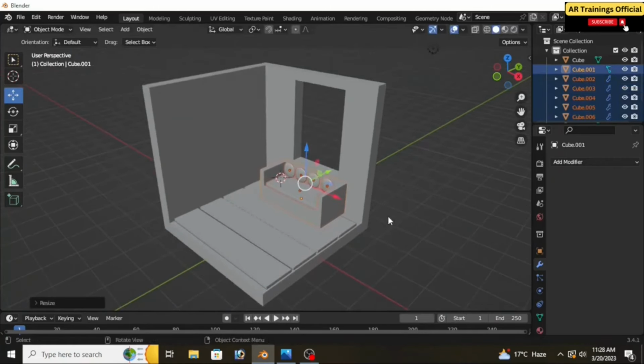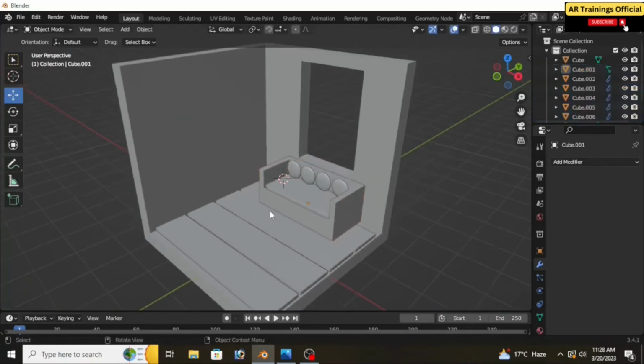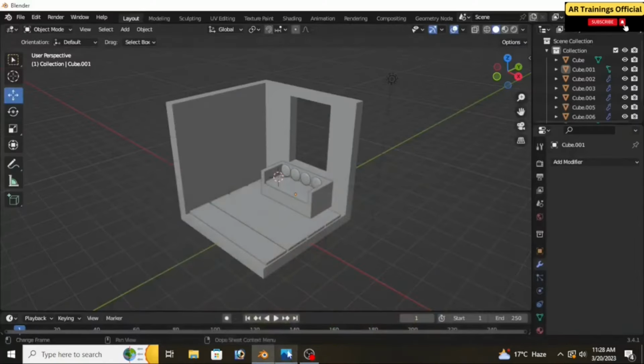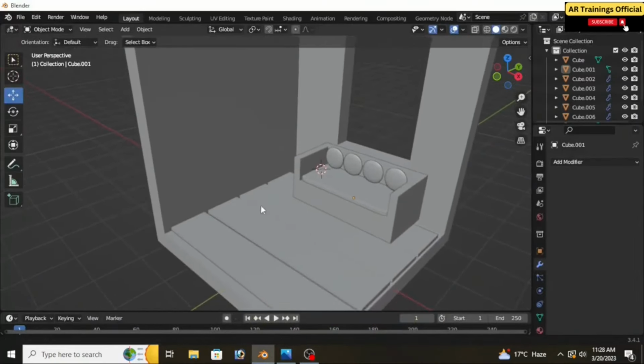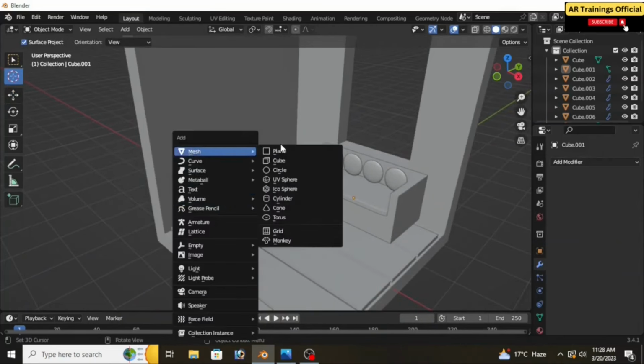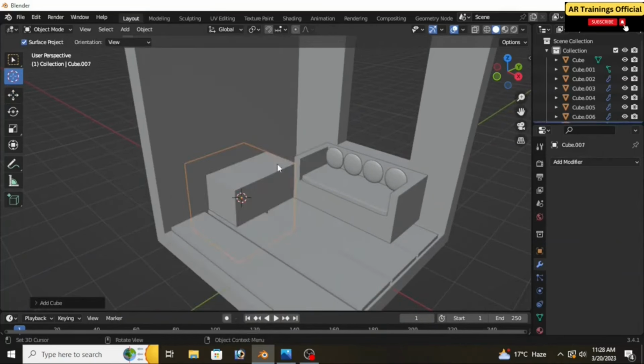Okay, now we are going to create a simple TV rack. Okay, so it is again done with a simple cube. Simply type Shift A and add a cube like this. Simple. Tweak this in the X, Y and Z direction according to the space or the required area. At first you can tweak this and then go to the edit mode and